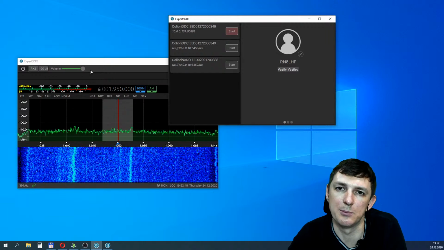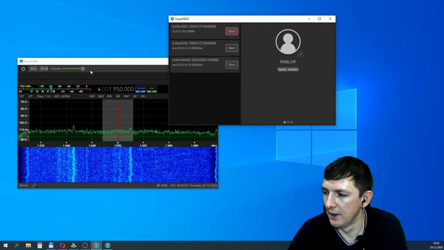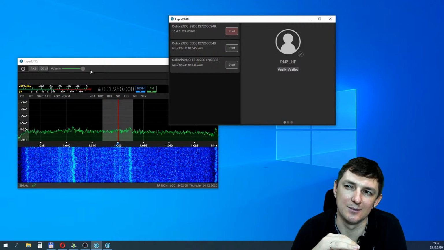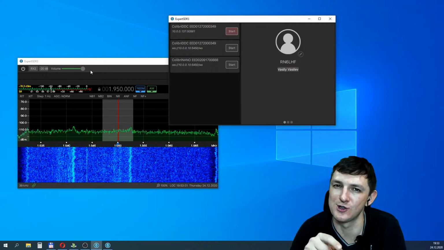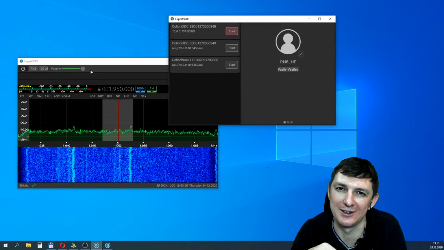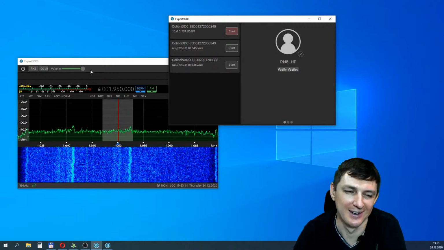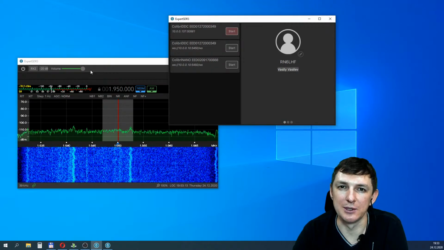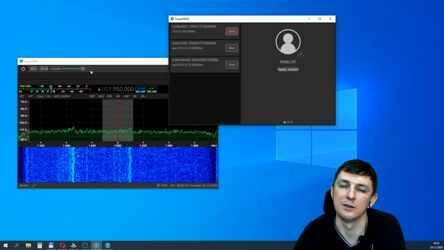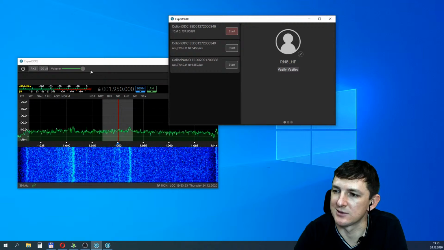It will be prepared for pre-distortion mode, it will be prepared for transverter mode, and it will have interesting features which will be announced, I think, maybe next month. We'll discuss it later. And it will be specially developed for Expert SDR 3 software, because Expert SDR 3 software is based on a new concept of